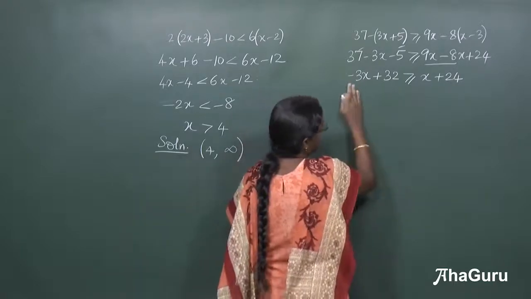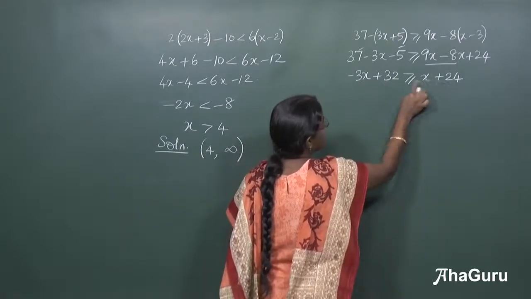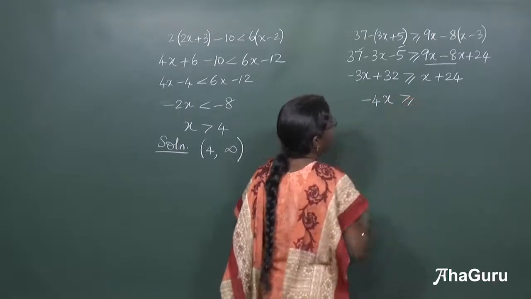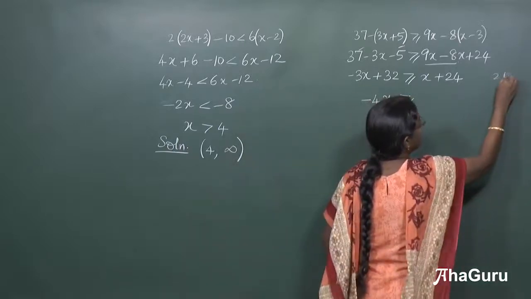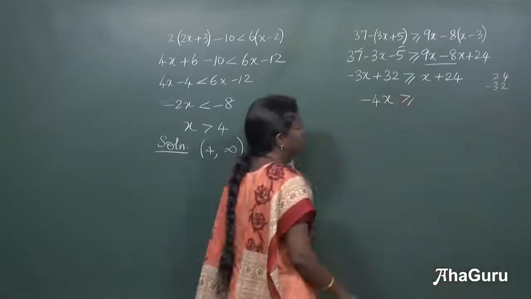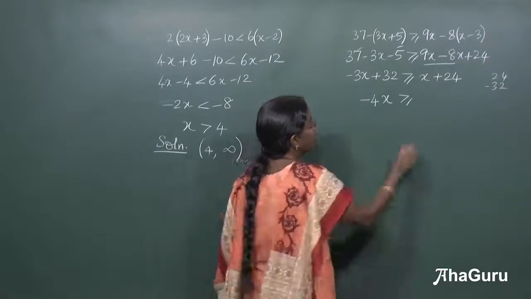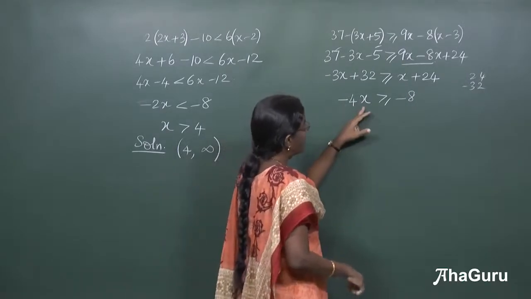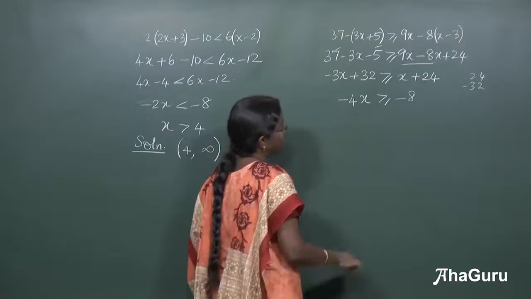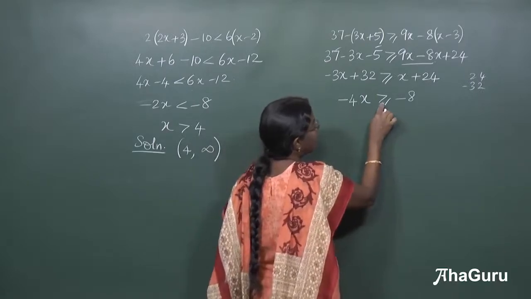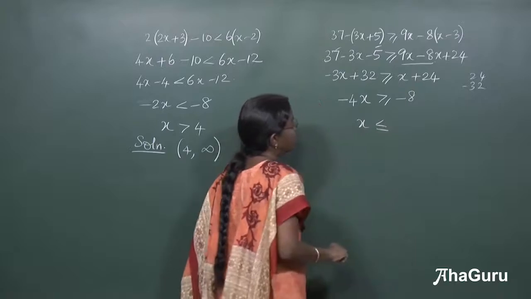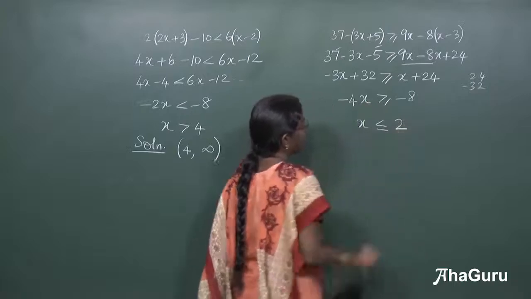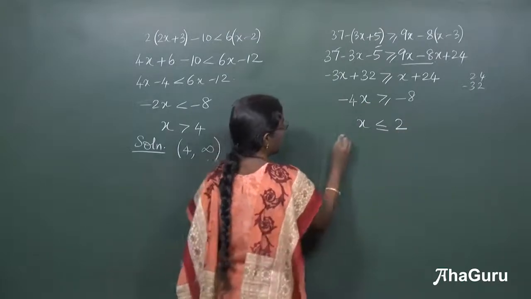Now, all x terms to one side, constants to the other side. If x comes this side, it will become a minus 4x will be greater than or equal to, other side it will be a 24 minus 32, correct, 24 minus 32 which is a minus 8. Now, to find out what happens to x, both sides you have to divide by minus 4. If you divide by minus 4, the inequality is going to change. So, final solution will be x is less than or equal to minus 8 by minus 4 will become a plus 2. So, the solution here,